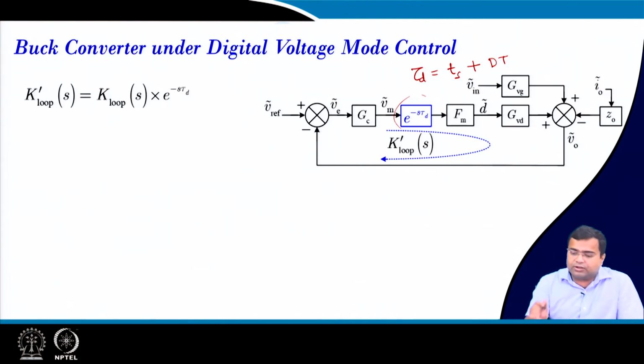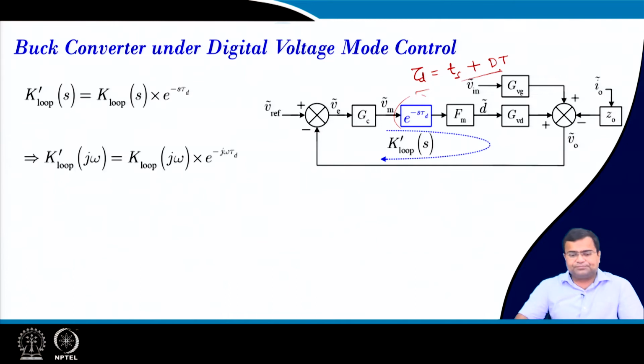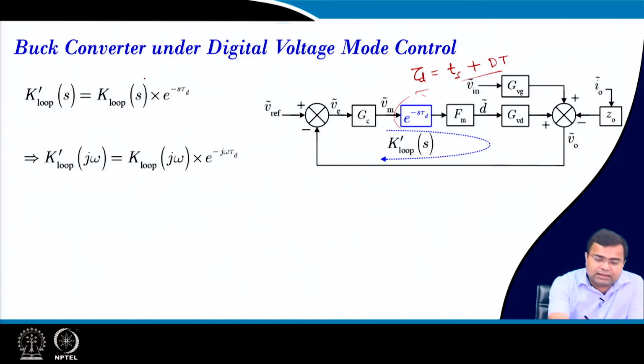Now, if we consider the analog voltage mode control loop transfer function and incorporate this delay, then we can approximately get the loop transfer function under digital voltage mode control, and we have shown that this delay amount is this. Next, this was the loop transfer function of the analog voltage mode control, and we are just taking